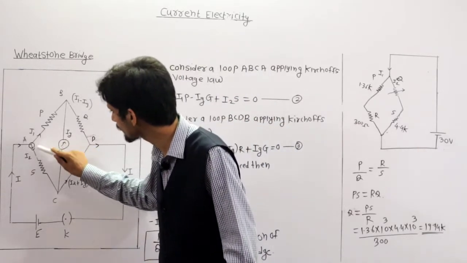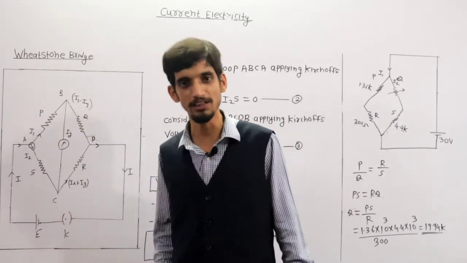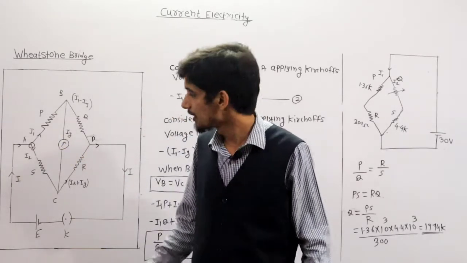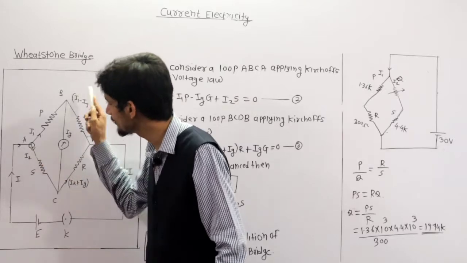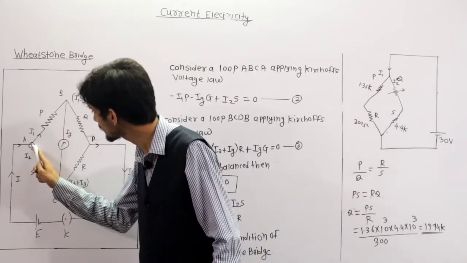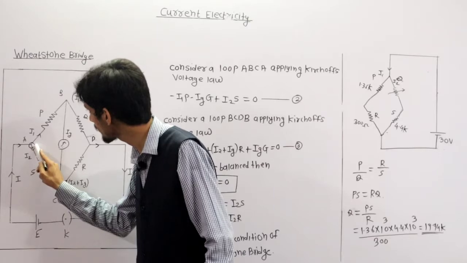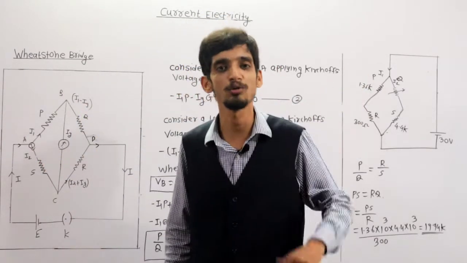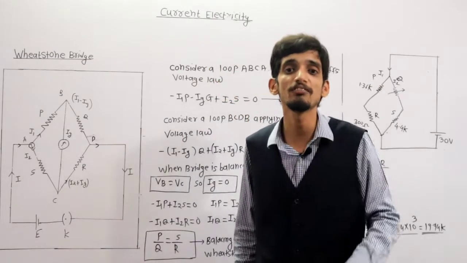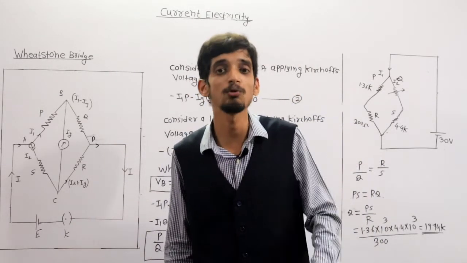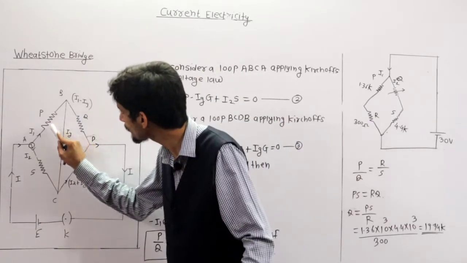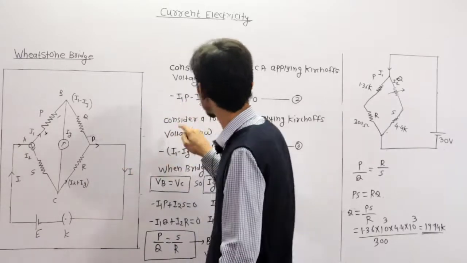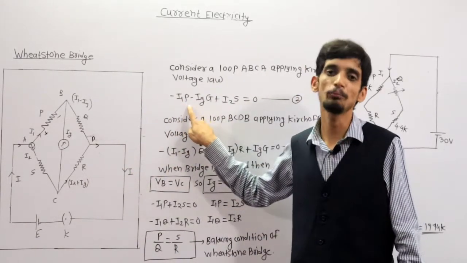Now in this case, if you observe from A to B, there is one resistance P and the current flowing through that particular resistance is what? I1. Now my tracing direction is from A to B, and current is flowing from A to B. In this case, what will happen? If I am going in the direction of current flow, then according to the sign convention of Kirchhoff's voltage law, I have to take a minus sign because there is a drop in the voltage. So that's why here a minus sign, that is, minus I1 into P.